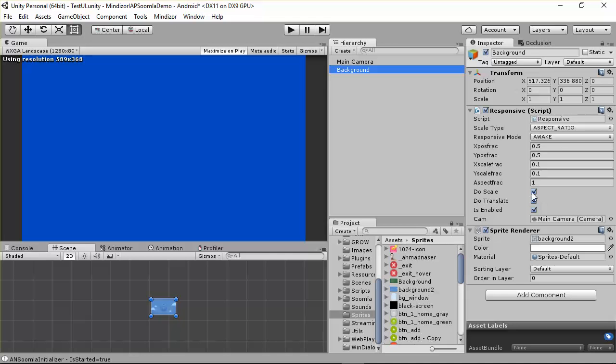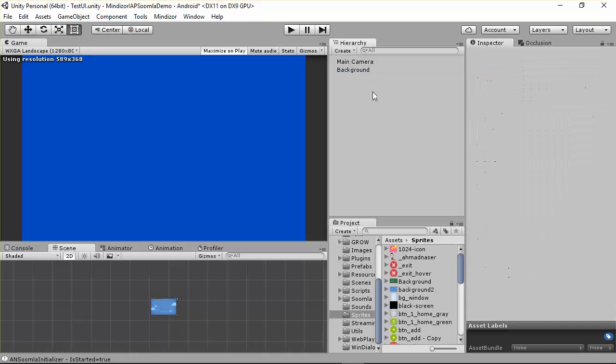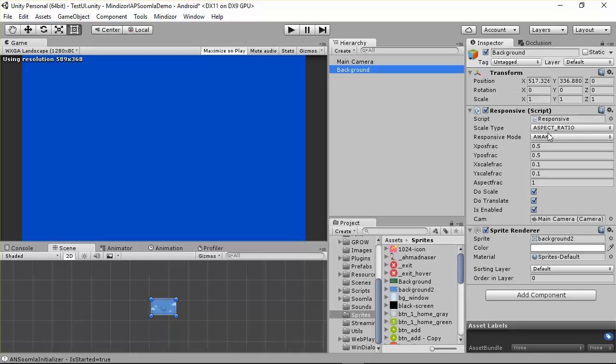Alright, so this is the first thing, guys. We are using the background here, and you can see the background is almost there, and we're using percentage here. You can use percentage or aspect ratio. I'm just gonna use percentage,